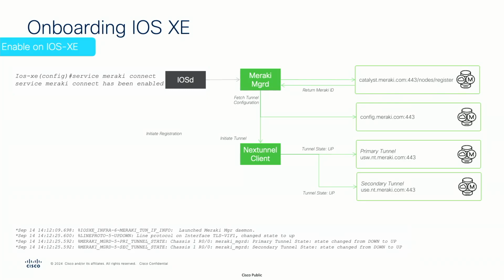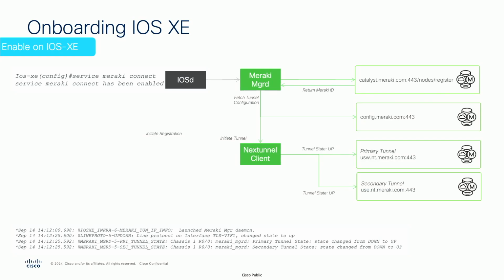Then it's going to start off the tunnel config fetch. We reach out to the config.meraki.com services, again all on port 443. It's going to get that configuration for the tunnel, send it down to the Nextunnel client, and then we're going to get two tunnel interfaces up. It has a primary and secondary tunnel